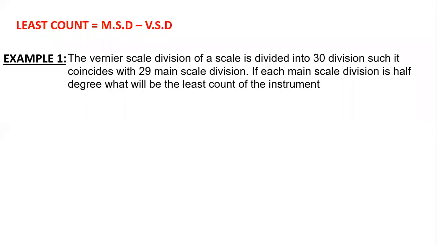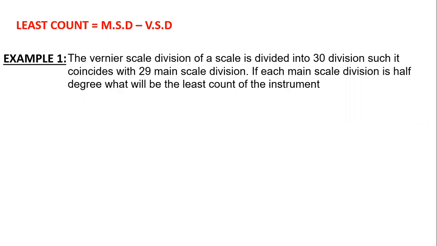I will just focus on the first line. Don't read the second statement. Just focus on the first statement. I told you the least count won't be the same for all the devices. It depends instrument by instrument and the thing which you're going to measure. So don't rely on every vernier scale having the same least count. It depends on cases to cases. It depends on the instrument. So this is your different case.